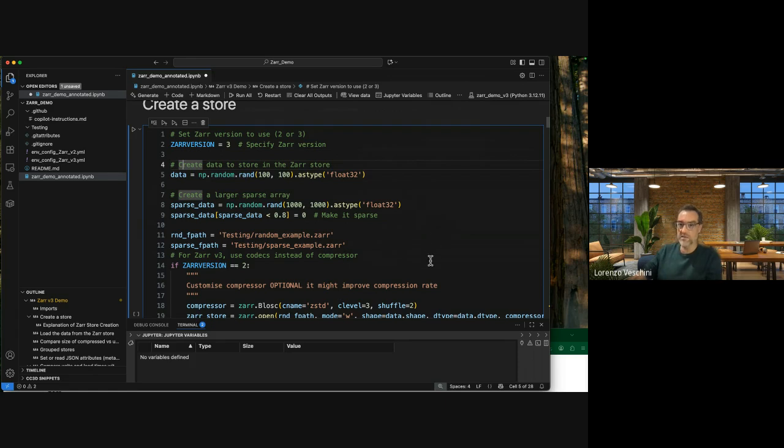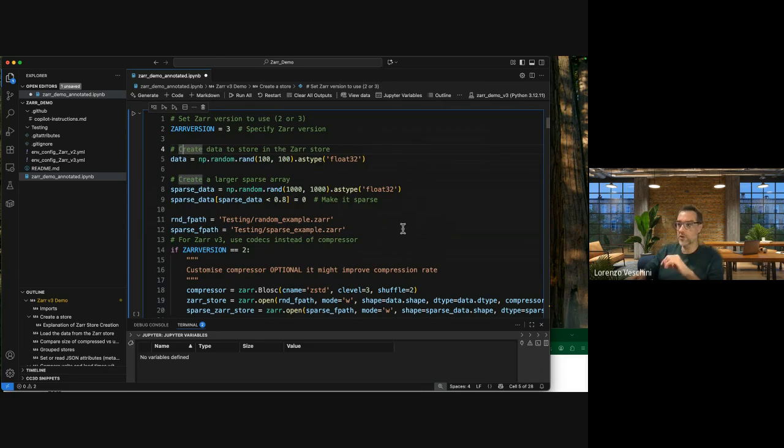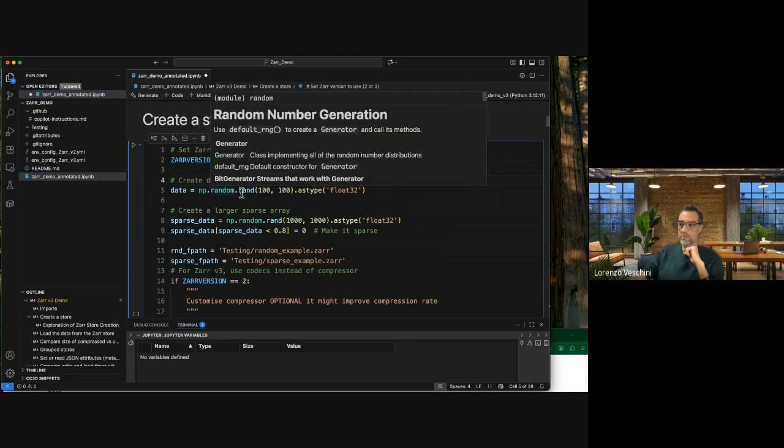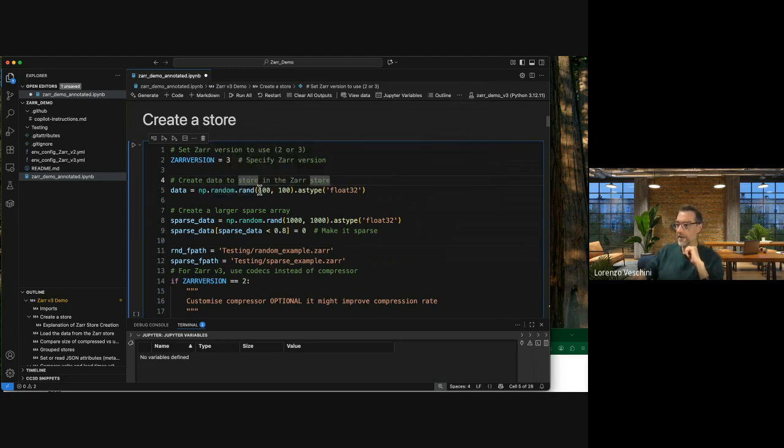They have changed things in V3, and so it's important that you are very aware of which you are using, because there is backward compatibility from V2. V3 can read V2, but not the other way around. So it's important that you know that. So what I do, okay, which Zarr version are we using? And then we create some fake data, with NumPy random, an array that is relatively small, 100 by 100,